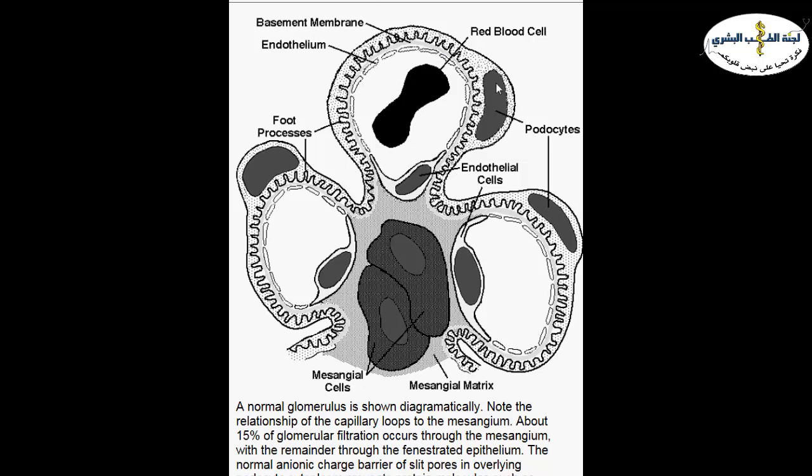And then opposite to the endothelial cell, from the outside, we have the podocyte or epithelial cell. This is the nucleus of the podocyte, and this is the cytoplasm. The cytoplasm has specific processes. They should be short and thin. We call them foot processes. So this is the blood barrier that is very important for the glomerular filtration barrier.